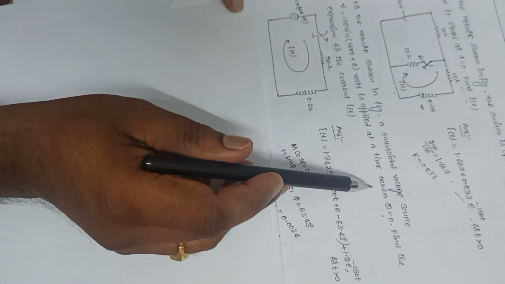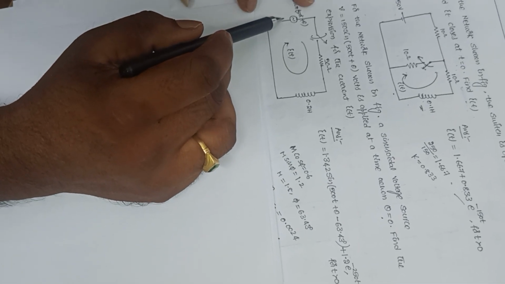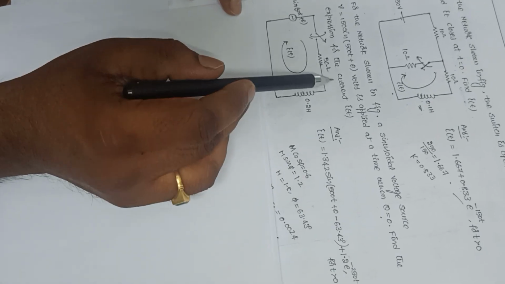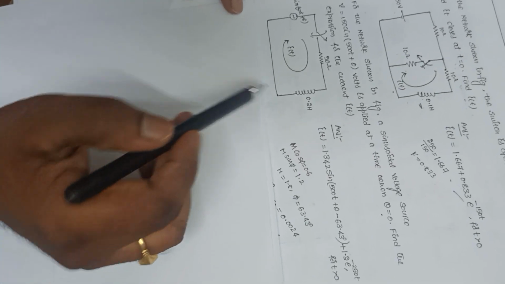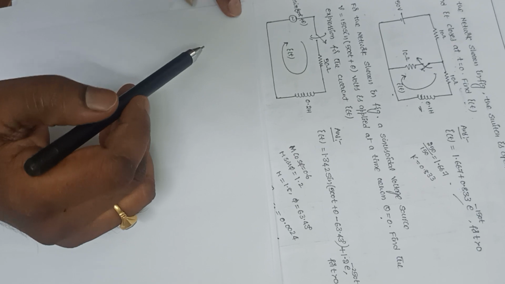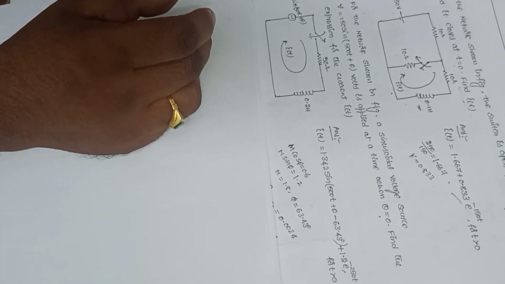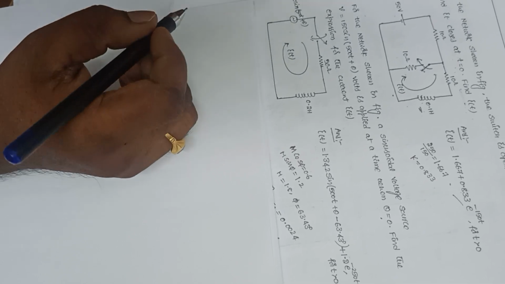The meaning of this sentence is at t is equal to 0, we apply the supply of this much voltage to this circuit. Find the expression for the current I of t. So I need to find this expression I of t. How to find it, how to solve this type of question, let me explain. The same procedure I will apply. The procedure here is